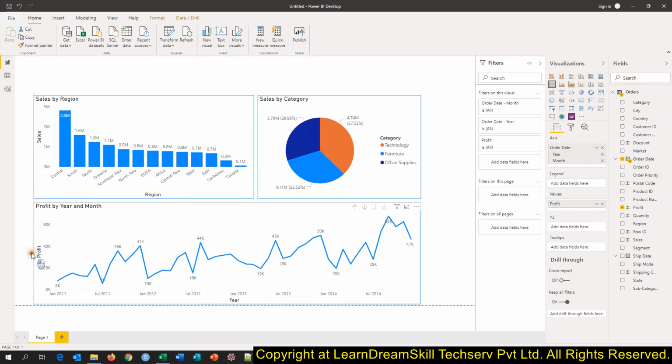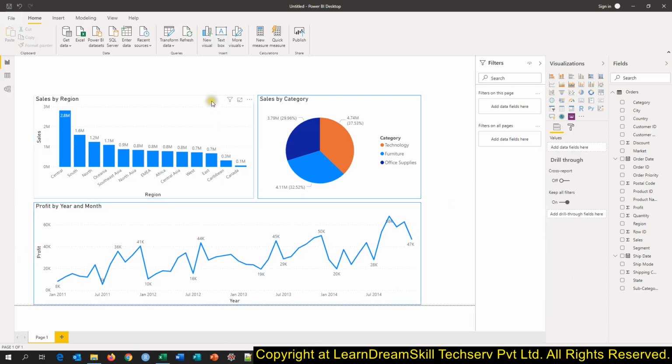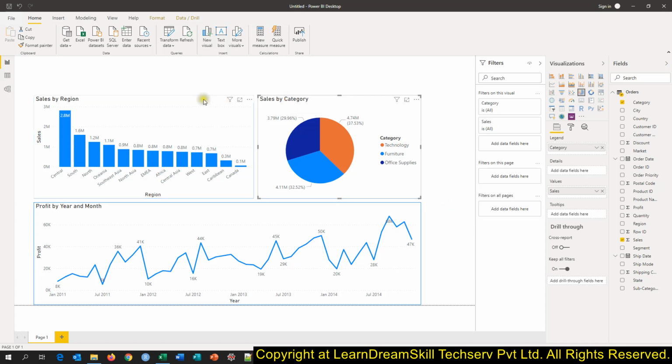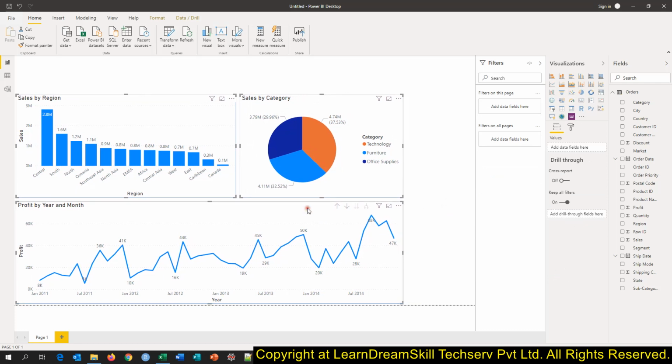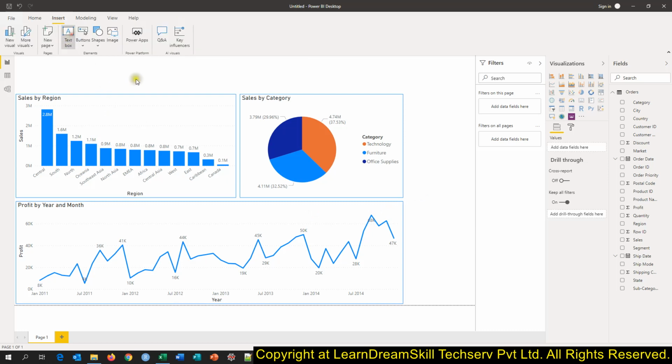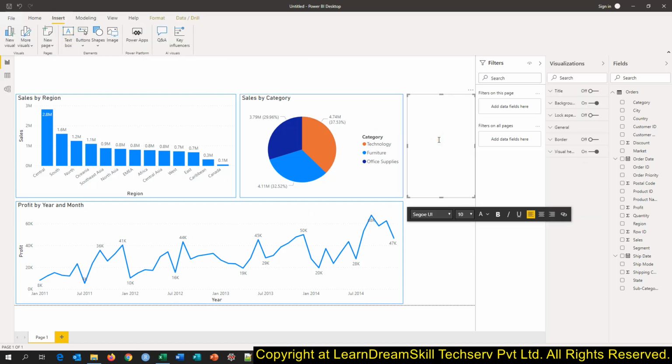Now what we need to do, I will select this, hold down the control key, select this and this, and I will place this here. Then we want to mainly add some text as well, so we can simply say insert and text box, and here we can say the sales dashboard.